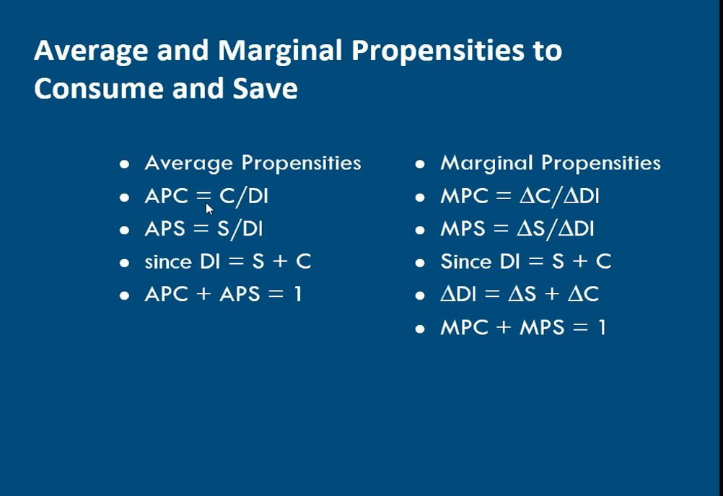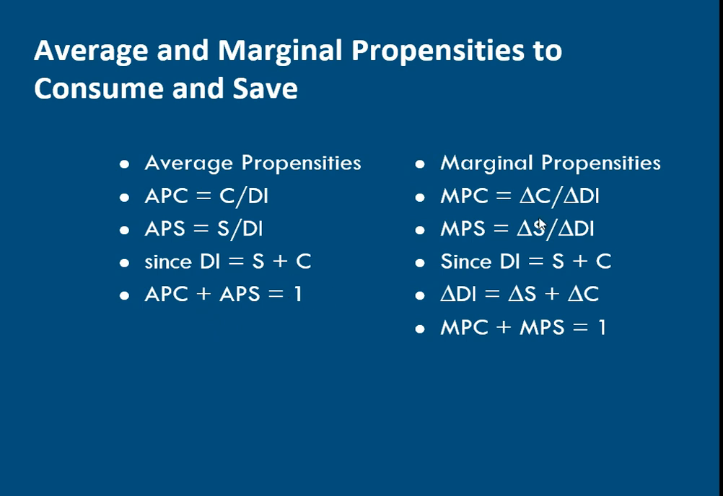Average propensity to consume is equal to consumption divided by disposable income, and average propensity to save is equal to saving divided by disposable income. As we discussed earlier, disposable income is equal to saving plus consumption. So it means that APC plus APS is equal to 1. Either we consume or we save, so definitely the whole answer will be equal to 1,